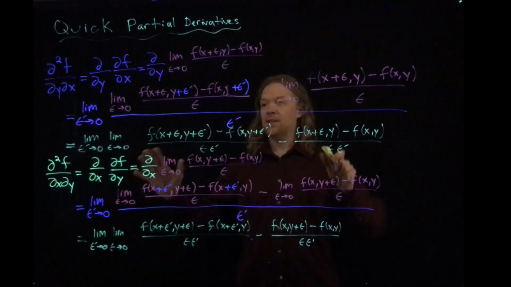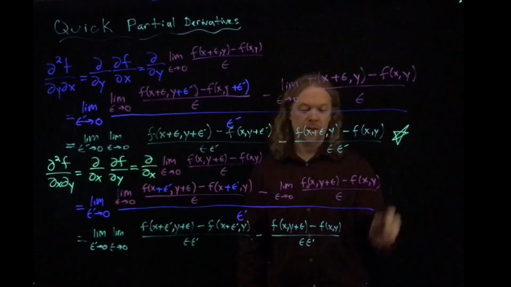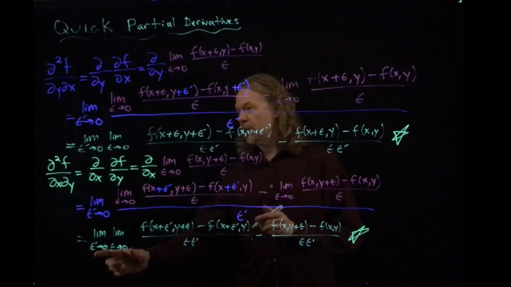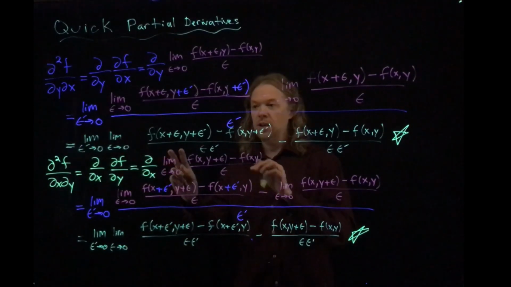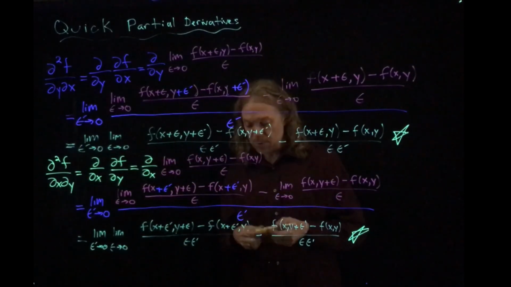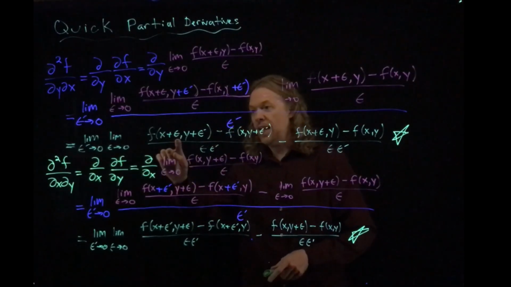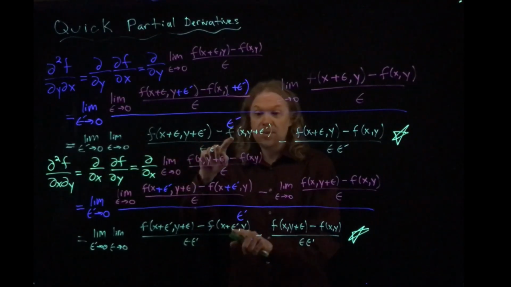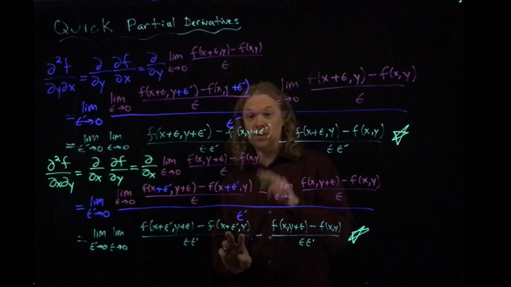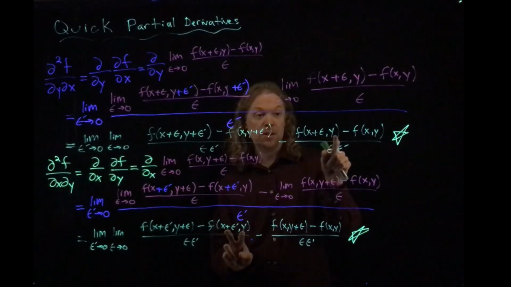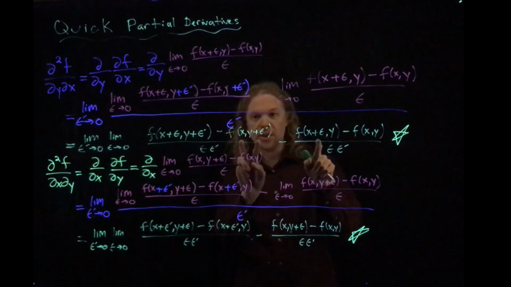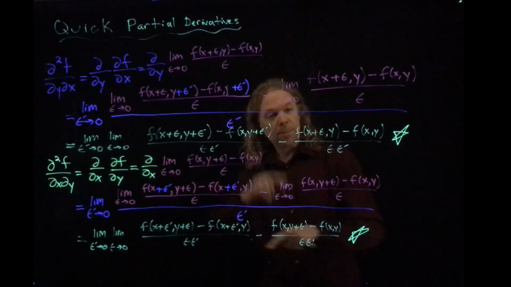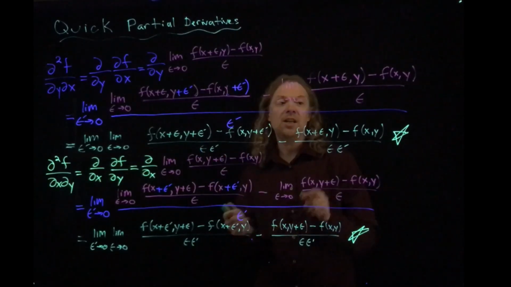So we want to look at this line right here and this line and decide if they're the same. Now, the first thing we can notice over here, the limits are the same, good. But if we look inside the functions, we can see the epsilons are actually in the wrong places. So this is x plus epsilon, this is x plus epsilon prime. This is y plus epsilon prime, y plus epsilon. Same thing, they're very, very close. In fact, this one is over here, x plus epsilon y, x plus epsilon prime y. So they are jumbled a little bit, x, y plus epsilon prime, y plus epsilon, and then they're the same here. So they're jumbled a little bit, but they're the same up to the changes in epsilon and epsilon prime,